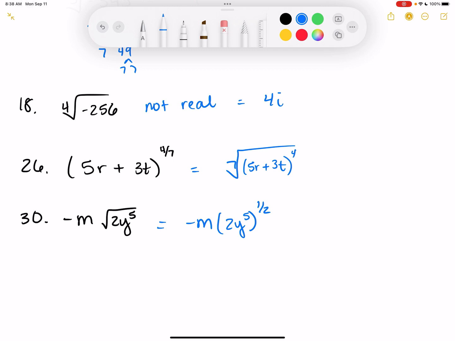The other ones that we were doing when it was like the whole thing being raised to a power, it was like the numerator was like the 5 over 2. But